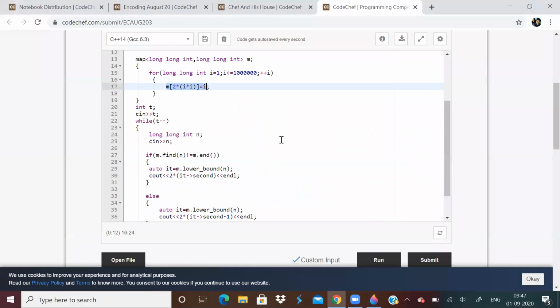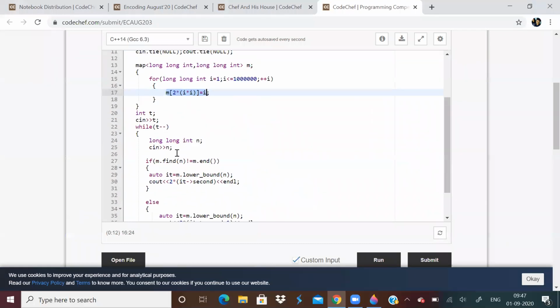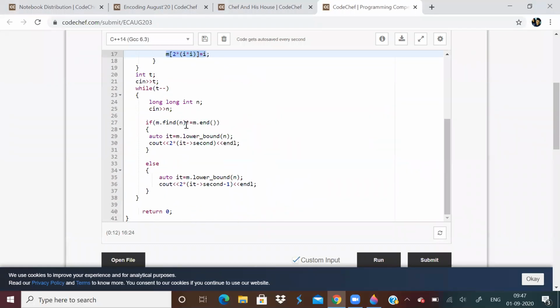I hope you are able to understand. And in the main function, just see if n is present in the map. If n is present in the map, then the answer is 2 into the lower bound of that, because we are tiling both the houses. If it is not present in the map, the lower bound will give a value greater than n.